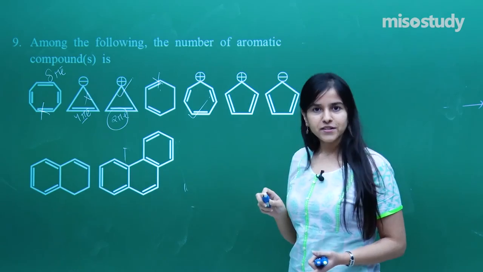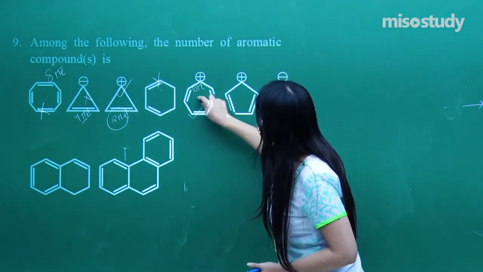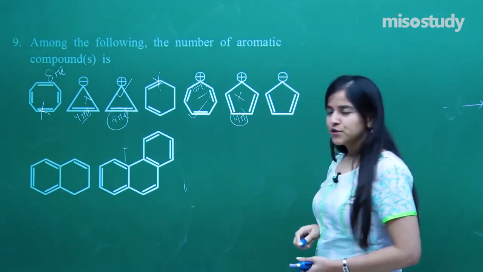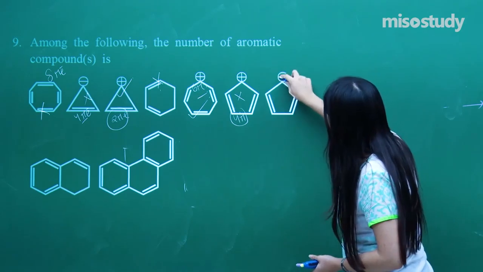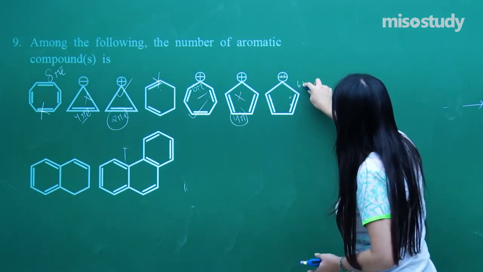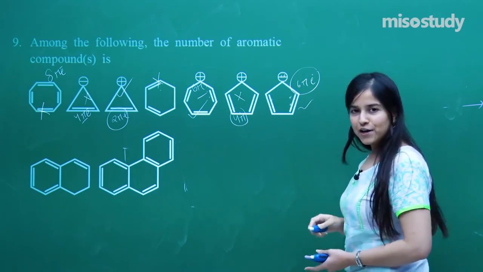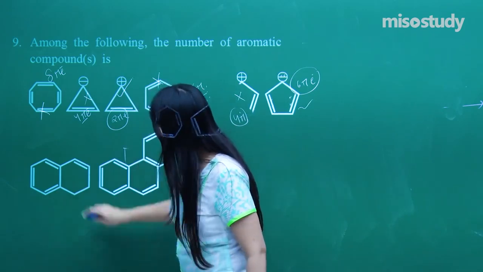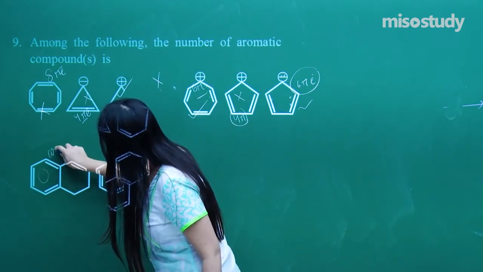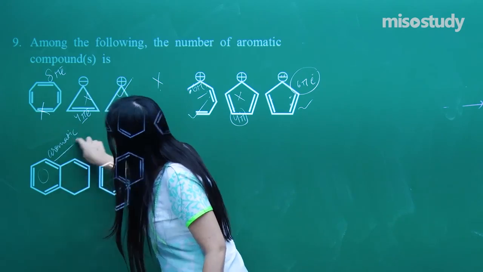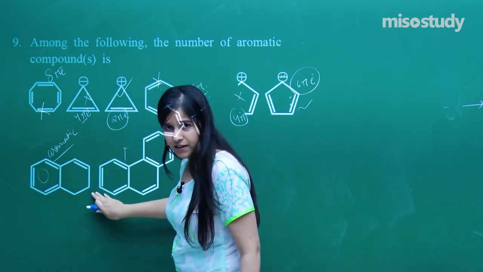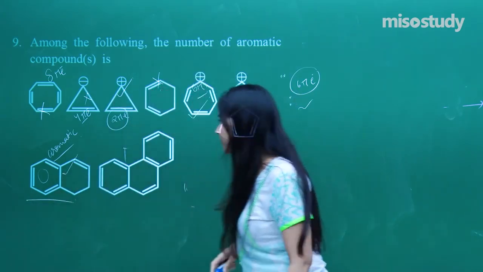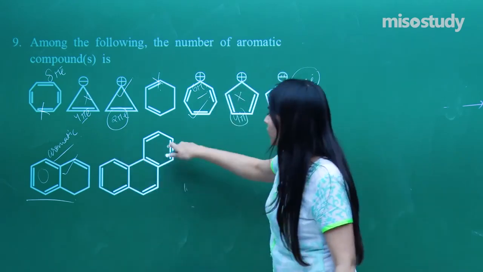A tropylium ion, the one that we have already discussed. So this is a proper aromatic compound having 6 pi electrons. What about this? Having 4 pi, not our option. And this again having 6 pi, perfectly aromatic. Now this is a typical kind of example here. This very benzene ring is aromatic. So even if it is attached with a non-aromatic thing, still this very compound will be called aromatic.